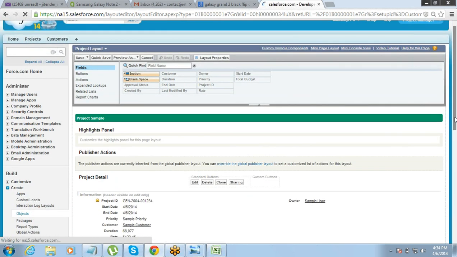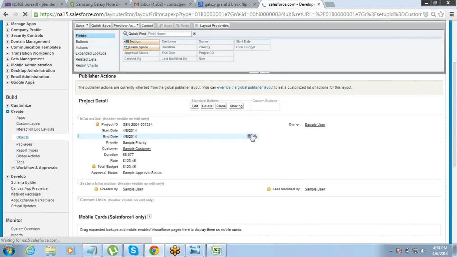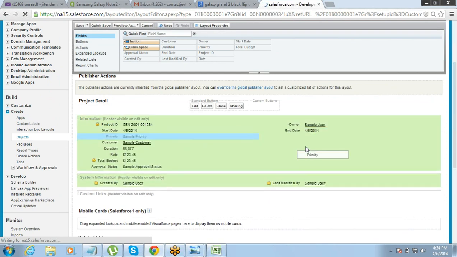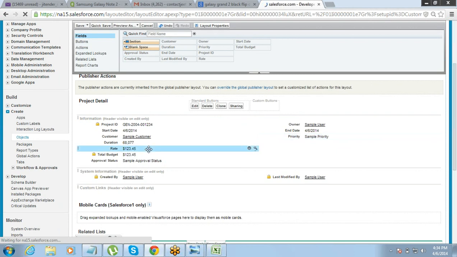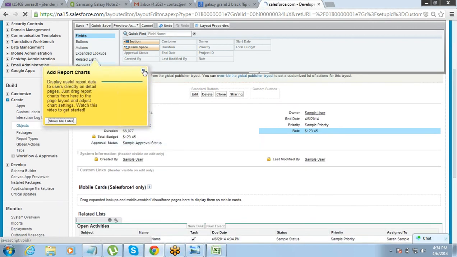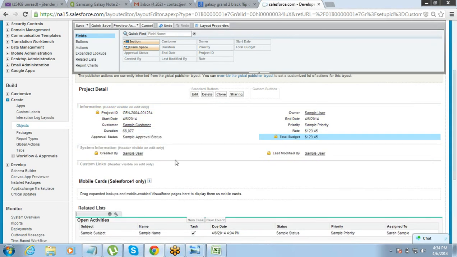Okay, the moment you come to this page layout, you will see that you have the option of dragging and dropping the field from one side to the other side. I mean, the way you want it, it's just drag and drop. The way you want your layout to look like, you can just straight away go and put it. Just drag and drop that we have to do here.